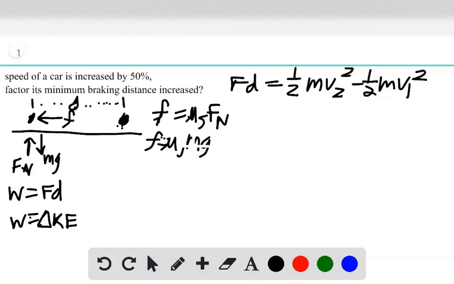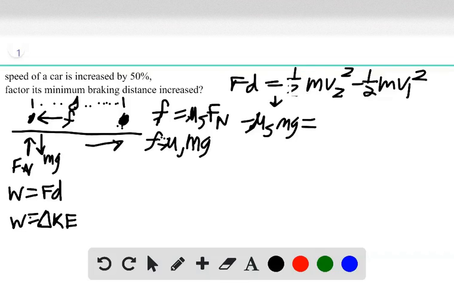Okay, so now that we have that figured out, we can go ahead and fill in this equation. So the car is moving to the right here. This dot represents the car. The car is moving to the right, and the friction is acting in the opposite direction. So this force is going to end up being negative when we do that with the angle of the distance. So this equation is going to become minus mu s mg